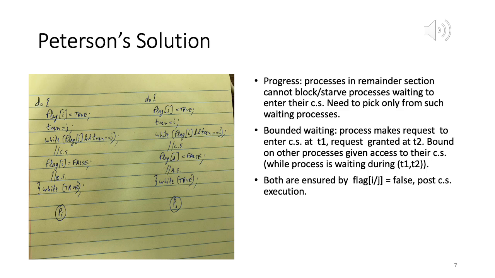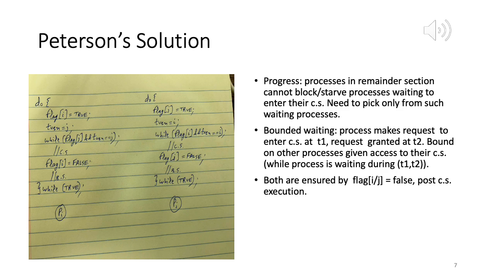And now Pi is waiting, let's say at T1. And now how many other processes do we give critical section entry besides Pi? Well, one and only one, Pj. So we've got that bound. Bound is 1. So it's very easy to see that both progress and bounded waiting conditions will be guaranteed by this Peterson's solution. Both guaranteed by setting flag as false.